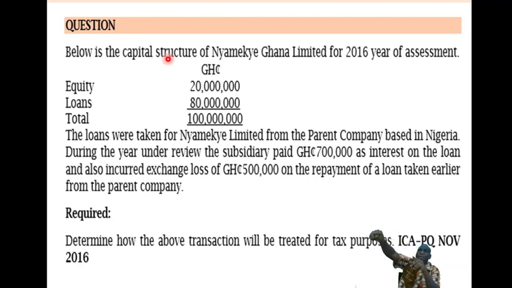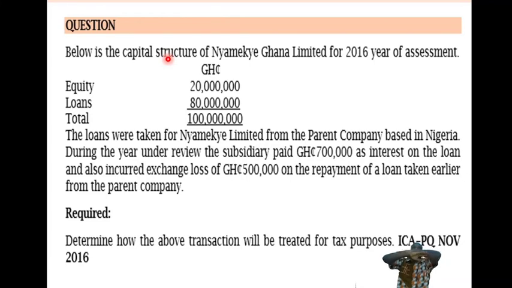And once the parent company is a non-resident person, then it's an exempt person. Because by definition, an exempt person is a non-resident person, or it can also be a resident person for whom the interest received and the foreign exchange gain realized is exempt from tax. So in this case, the parent is not a resident entity. If it's a resident entity, then we should be able to establish that the interest that you get or the foreign exchange loss realized will not be taxed before you can say it's an exempt person. But for a non-resident person, you don't even look at whether the interest is exempt from tax or not.